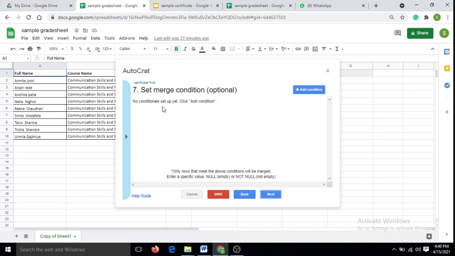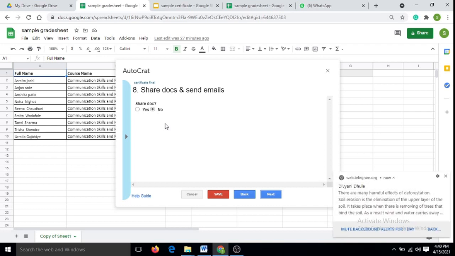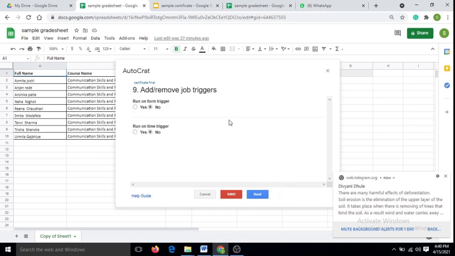Even you can skip this step, step number 7, next. And because I don't want to share the docs with my students, I am saying no. If you want to share the docs with your students or send them emails, you can click on yes. Next.